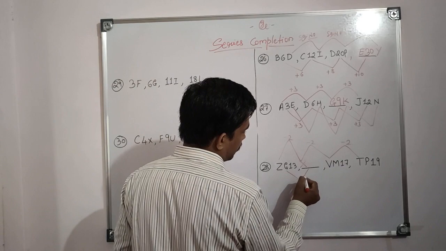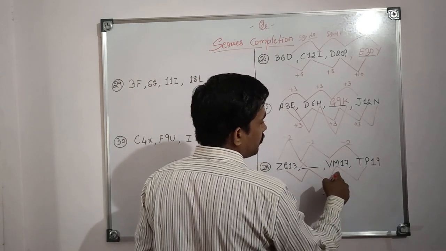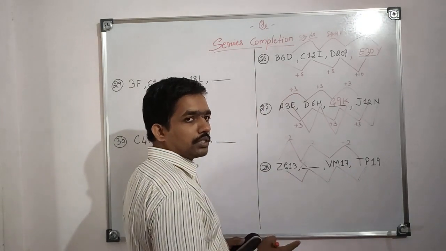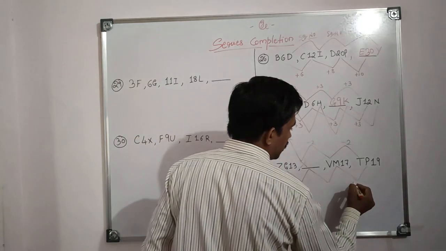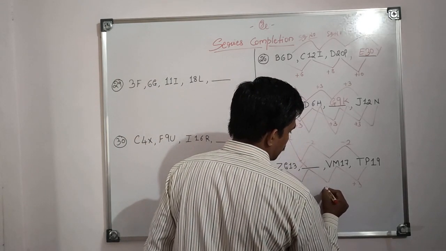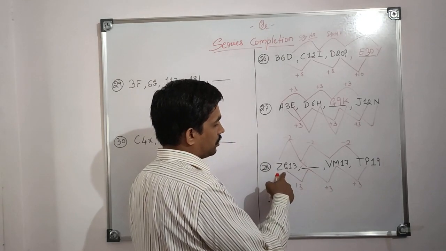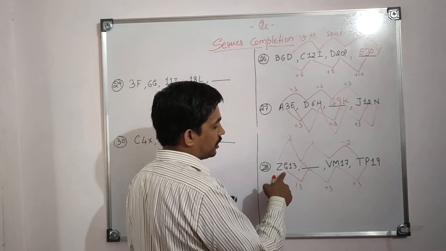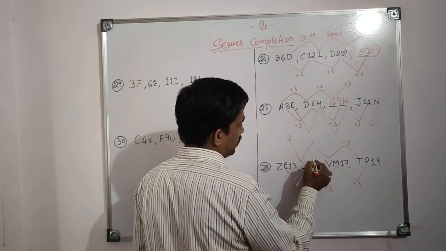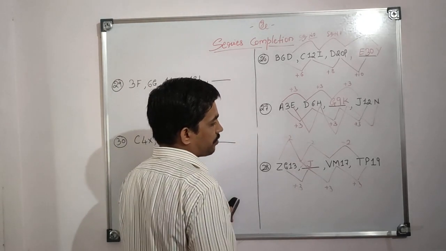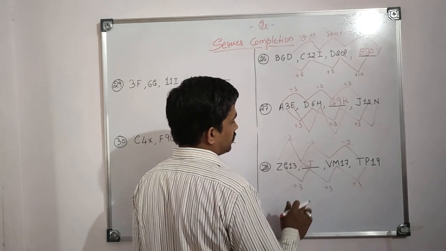Now the second letter. What is our second letter here? M, P. It should be plus, so M, N, O, P, plus 3. G is 7, the 7th letter. 7 plus 3 means it is J. The 10th letter is J. Then J plus 3 is 13. The 13th letter is M. Yes.